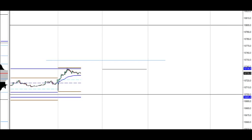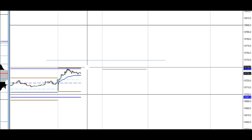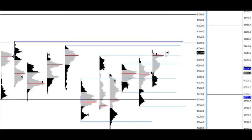Okay, so let's see where we are today. We opened and rallied straight up, like a 35 point range for the initial balance. What we need to see here is a bigger picture, and if we can hold this point of control of